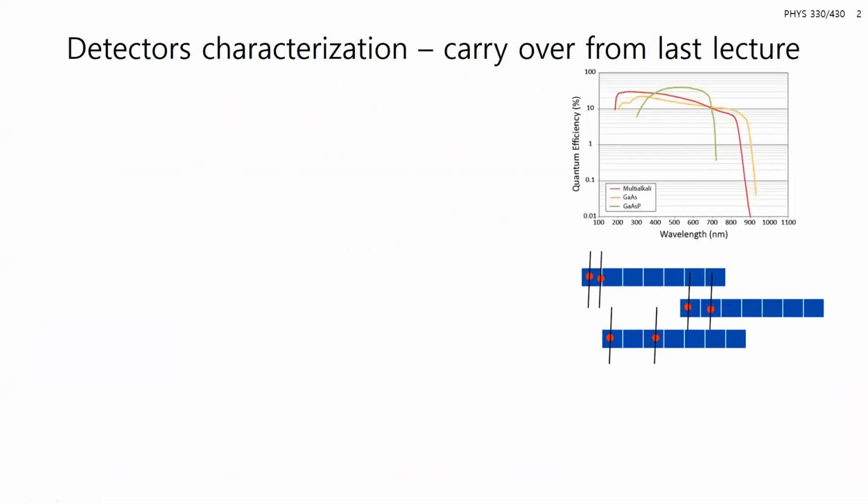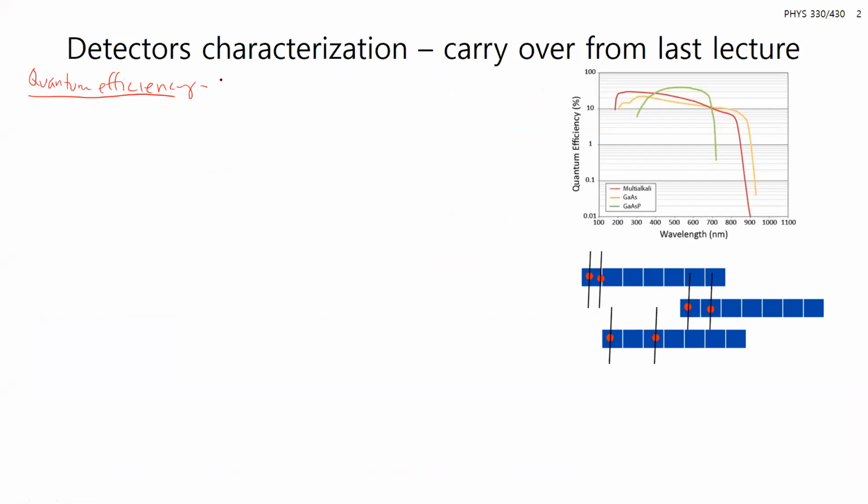So I do want to make sure that we give adequate time to talking about detectors. This is from the last lecture on optical microscopy, and some of this is in the problem set. So that's also why I wanted to go over it again. We ended with how do you characterize or compare detectors? And one of these is the quantum efficiency,